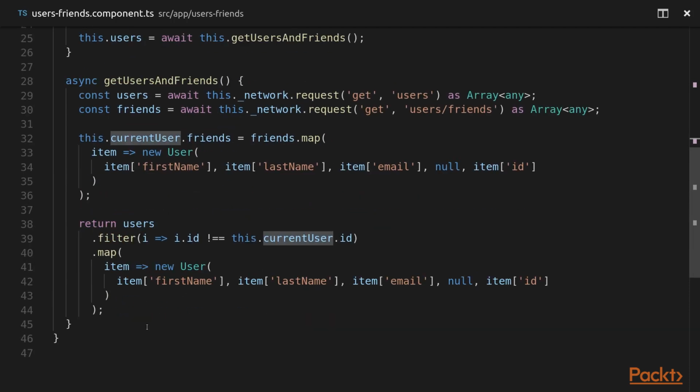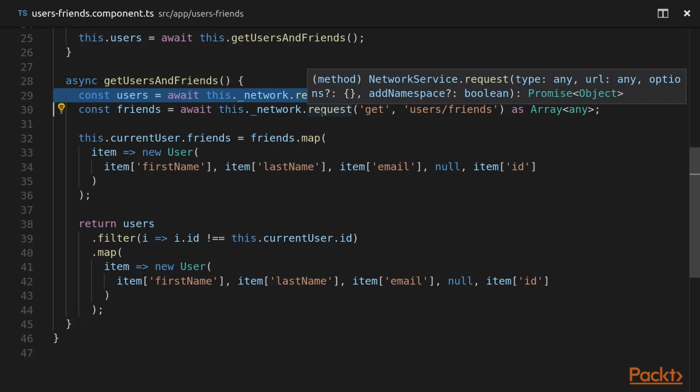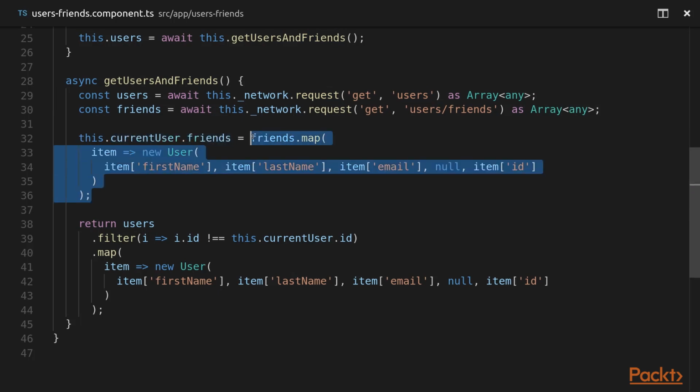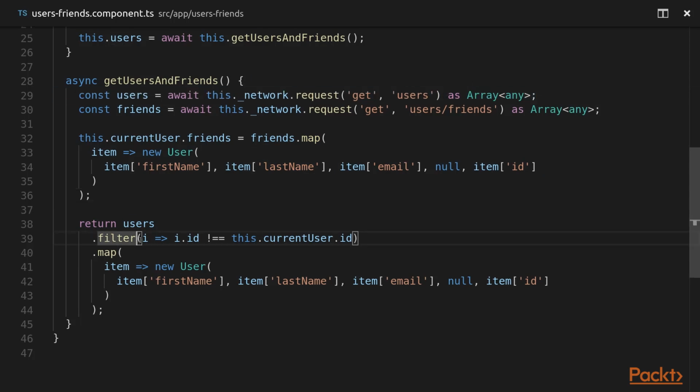This is our getUsersAndFriends function. First, we send a request for our users, and then we send a request for friends. Then we set the friends of the current user to our response. At the end, we return the users response, but we want to exclude the currently logged user,